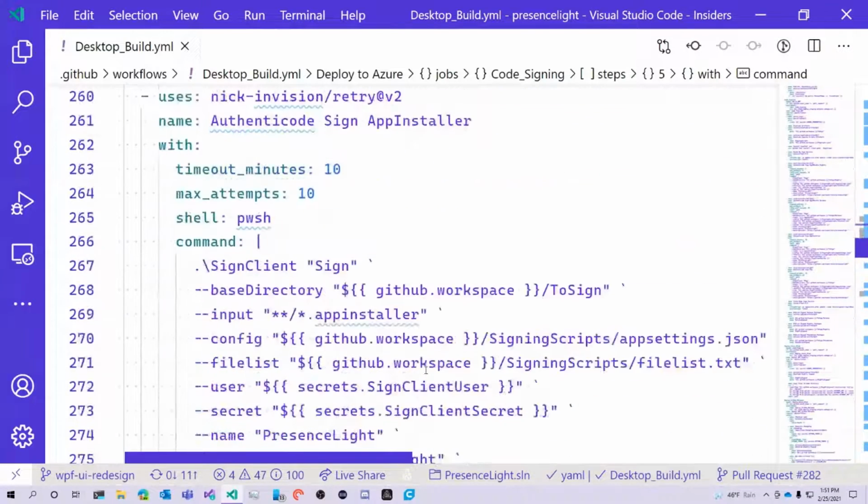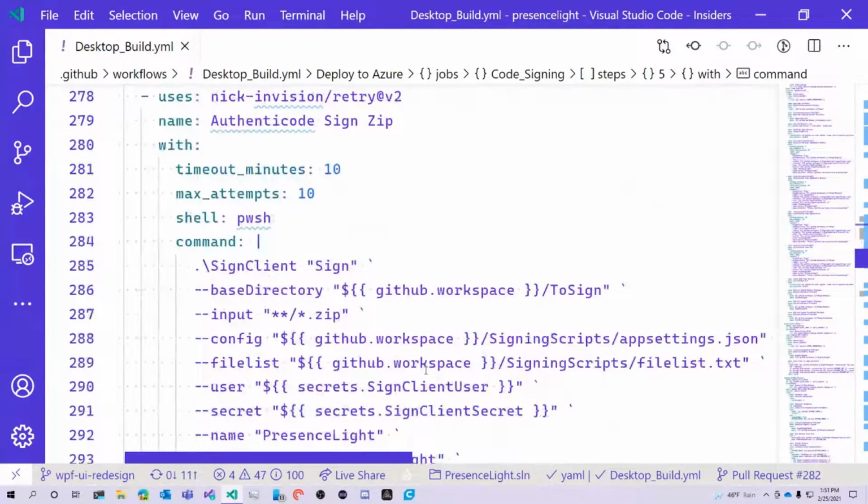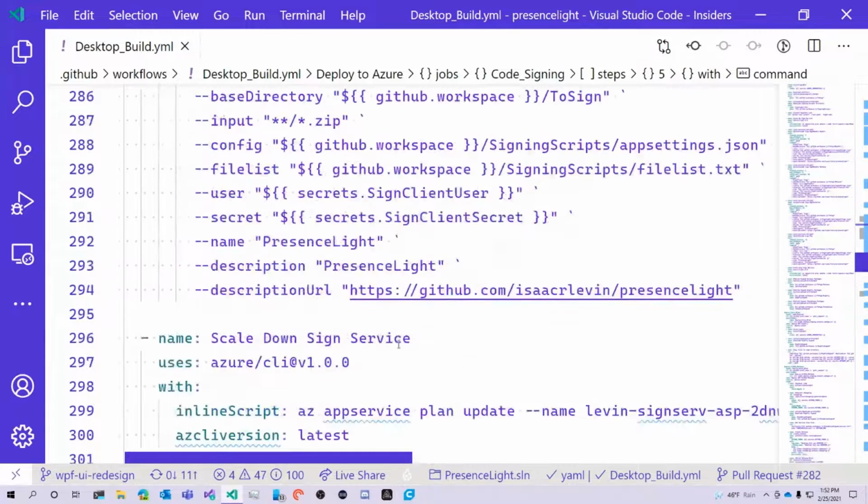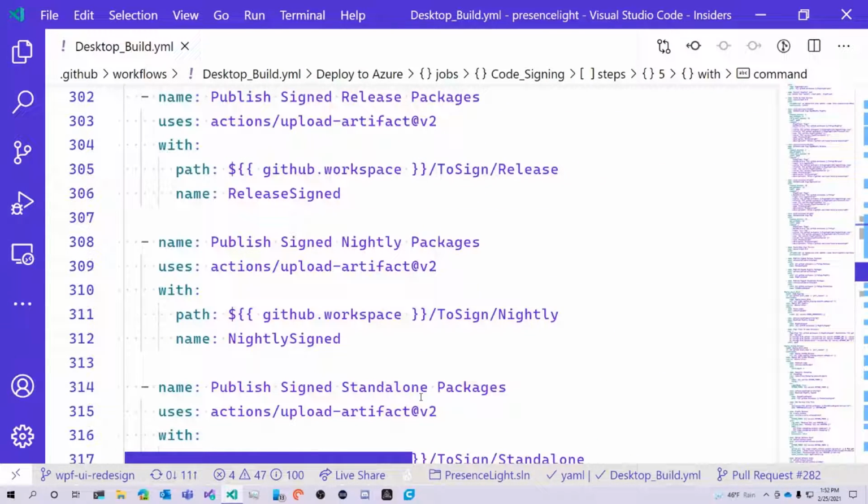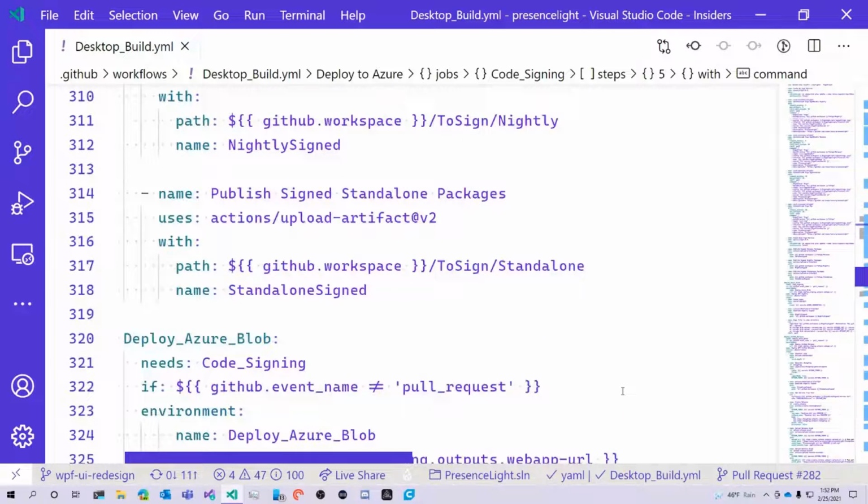So I do it for AppX bundle and app installer, and then I do it for zip. So making sure that all of my release artifacts that actually get sent off to my different release channels are all signed, which is really, really important. So after I've done all that signing, I publish out those individual signed packages, and then the next step is